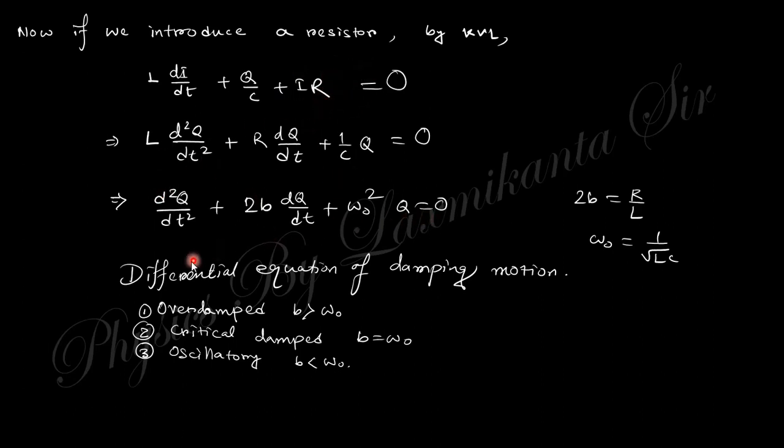So this will be like that, and this is nothing but the differential equation of a damped motion. The solution depends on b and omega naught. If b is larger, then it will be overdamped. Actually, you know about this in waves and oscillations. If you cannot solve this equation, you can comment in the comment box. I will provide you the solution, which is given in any standard book of waves and oscillations, that is the damped harmonic oscillation.